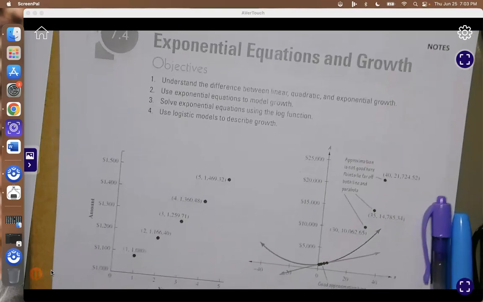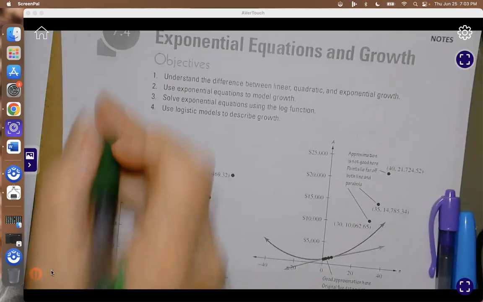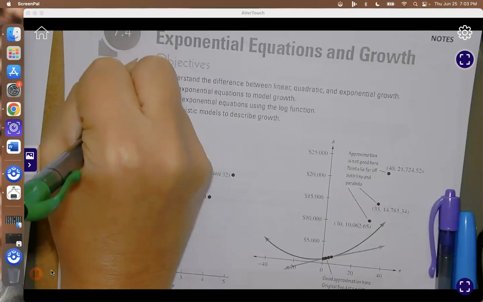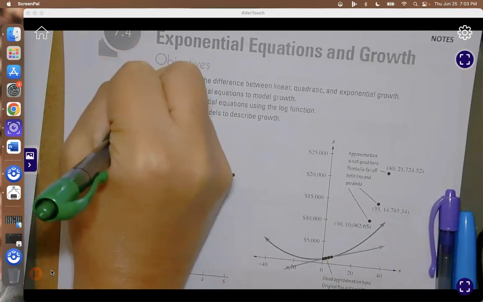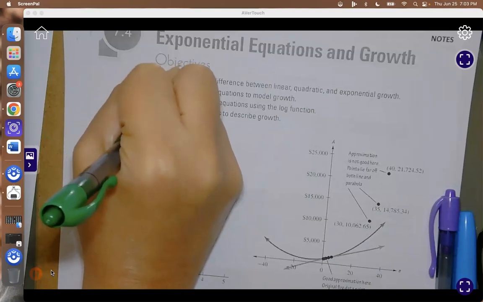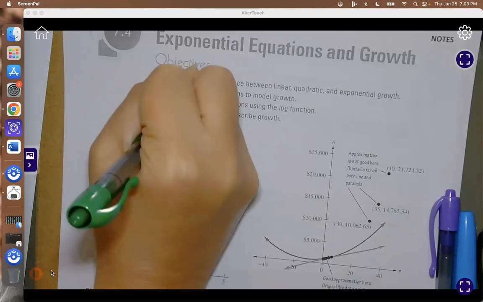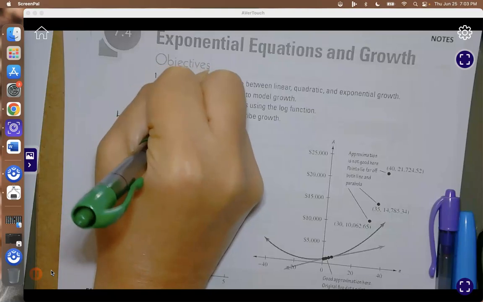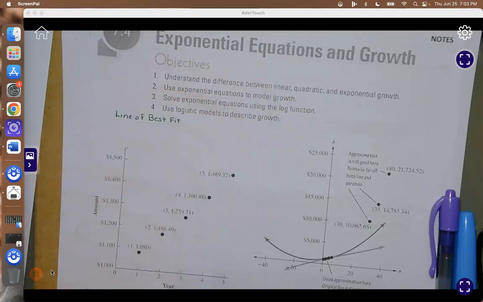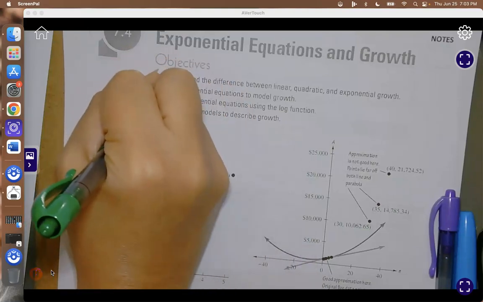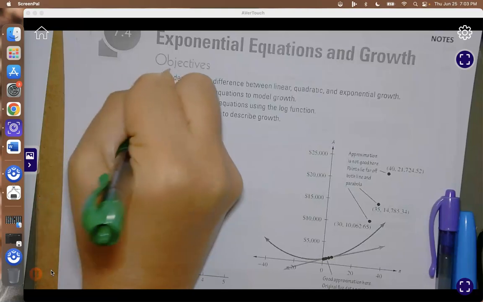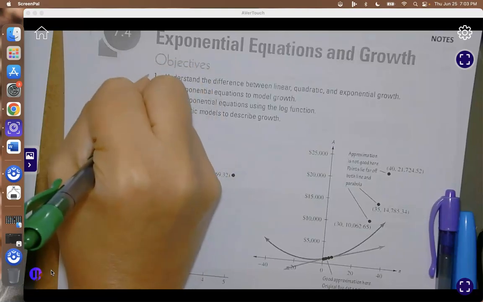So we're going to start with just reminding ourselves how we did line of best fit, and that was on our last lesson, or maybe it was the lesson before last. It's all starting to run together for me. So when you have a bunch of ordered pairs, you would go to Stat, Edit,